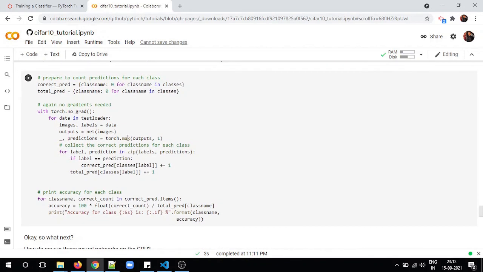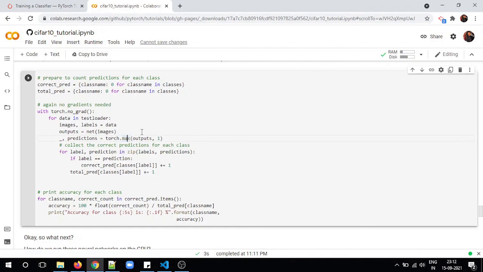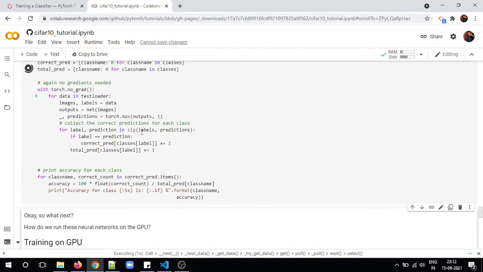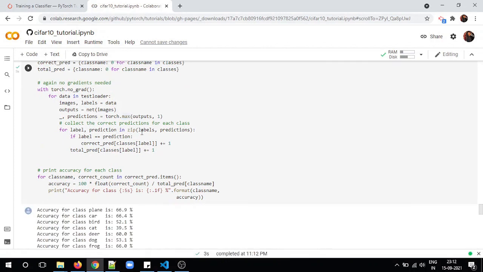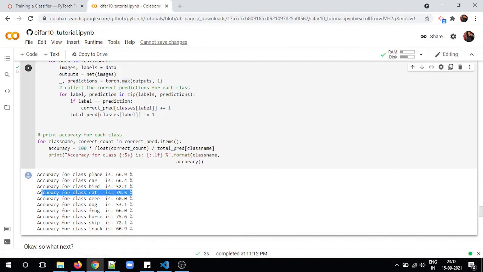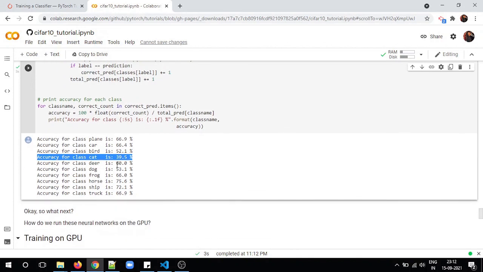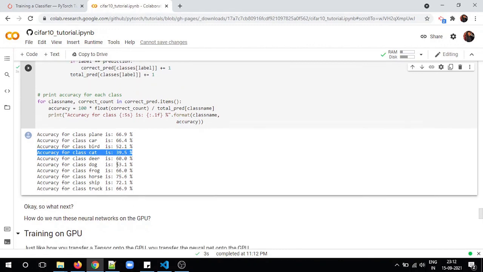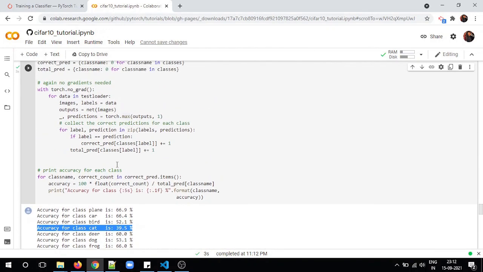And so this cell is about analyzing on which class it is performing good or bad. So we can see that on most of the classes the accuracy is more than 50%, but for cat it is less than 50%. So this we can analyze, and when we build better model architectures, these accuracies will improve. So that's all for this